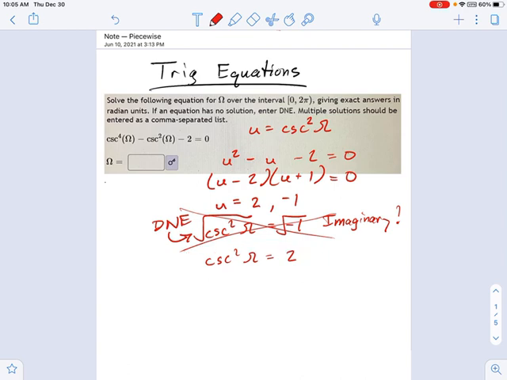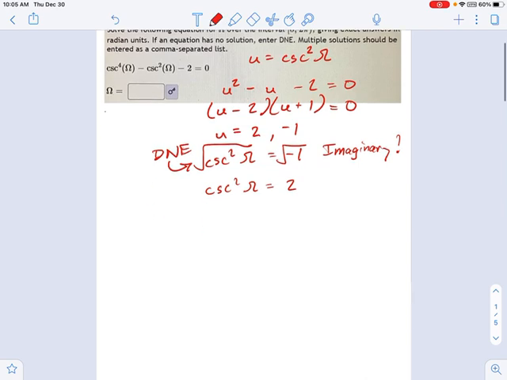So let's clean this up a little bit. Cosecant squared equals 2. What does that give me? Well, that gives me cosecant of omega equals plus or minus, remember, it has to be plus or minus because I'm square rooting both sides, plus or minus the square root of 2. And now once you have isolated the cosecant term, you're ready to turn it into a sine term. Remember the reciprocal identity. Cosecant equals 1 over sine. So that means